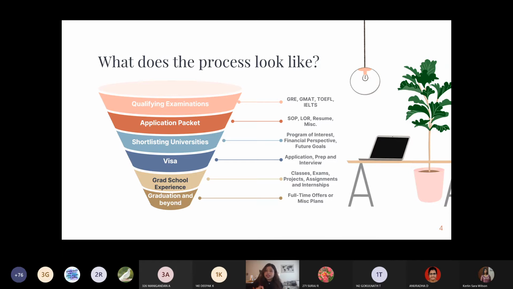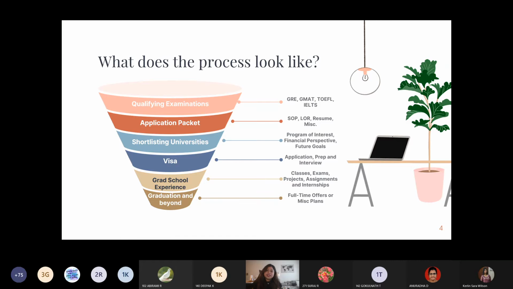Another thing that I do want to mention is that due to COVID-19, for the past 2 years, the GRE is waived for a lot of universities. They don't require a GRE score anymore. Most universities, though some of them do. So you don't need a GRE score to apply, but I would recommend that you do have a GRE score just because it couldn't hurt, right? It gives you an additional edge.